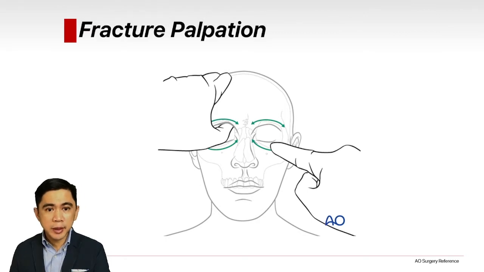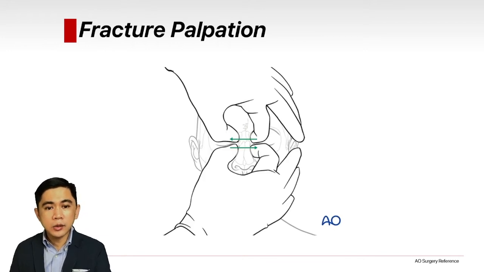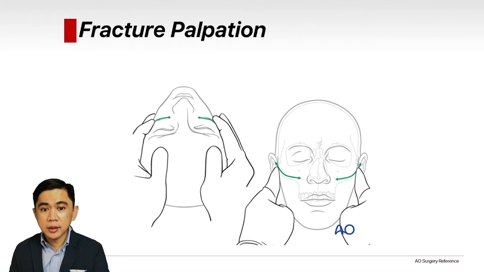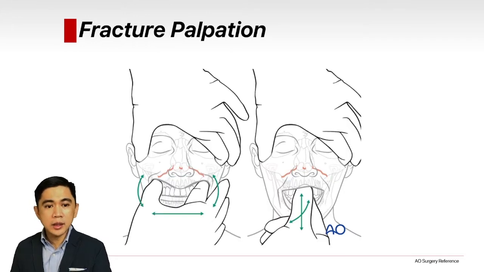In fracture palpation, we first palpate the infra and supraorbital rims as shown in the illustration. So you have to feel if there are breaks in the rims, and we also palpate the bones in the nasal area. We also palpate the zygomatic complex and the zygomatic arch. If there is loss of projection or width,